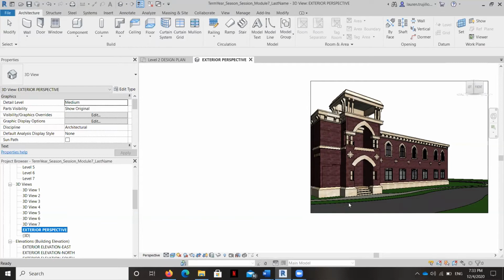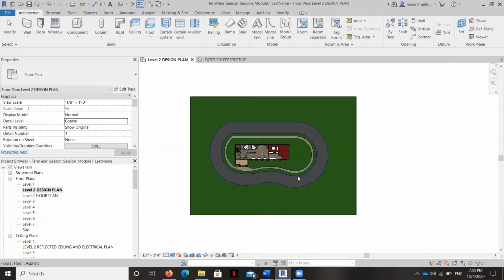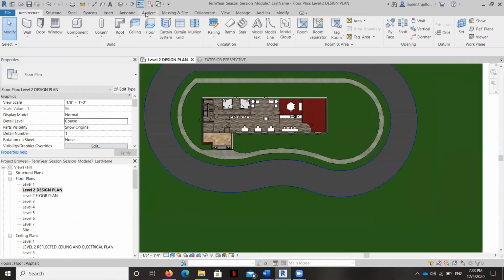What we need to do now is I'm going to go ahead and add some trees. And so you can see, probably a good place to put some trees would be right here, because that's going to give a little softness to that edge and fill in the negative space. Again, this comes down to composition. And then I'm going to put a series of shrubs in front of that plinth to soften it up a little bit. And so the best place to do that is, again, within the design plan.